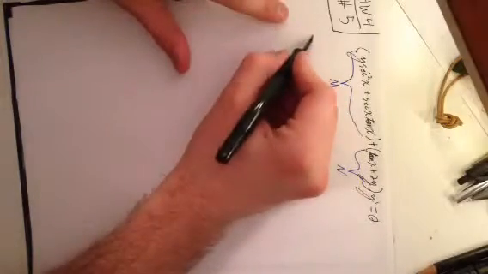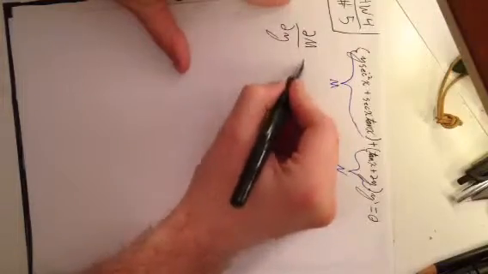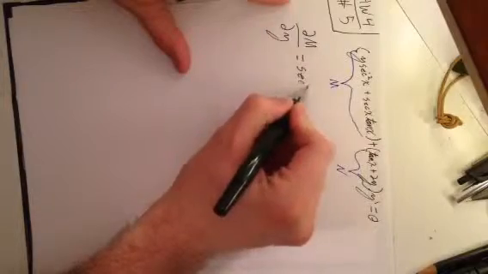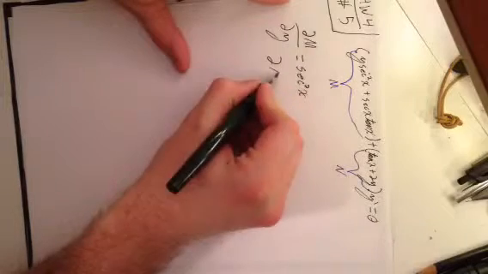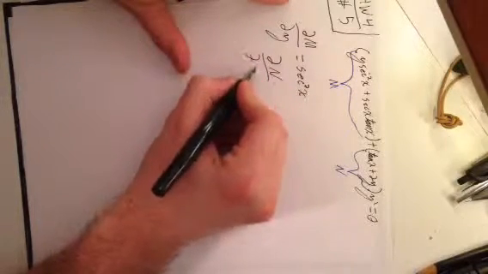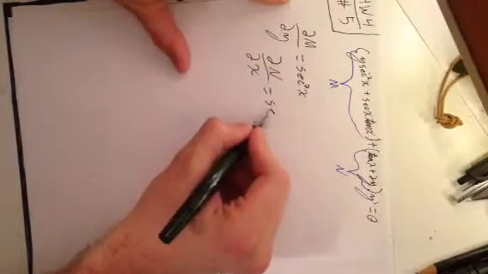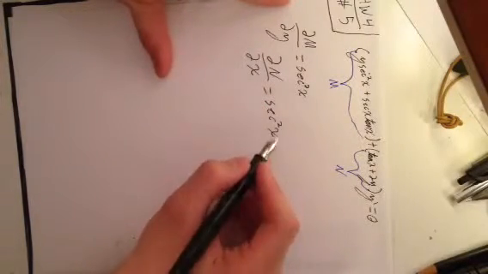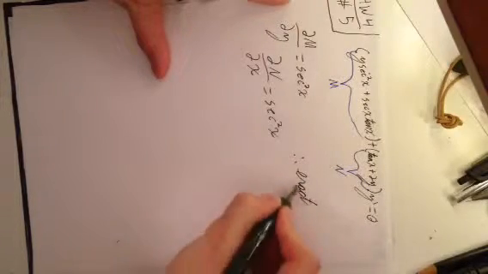Alright, so now that that's done, we're going to take the partial of M with respect to y, and when solving for that, that'll give you secant squared x, and now we're going to take the partial of N with respect to x. In doing that, that will also give you secant squared x. Now, since these two partials are the same, the equation is exact, and you can solve it with the rest